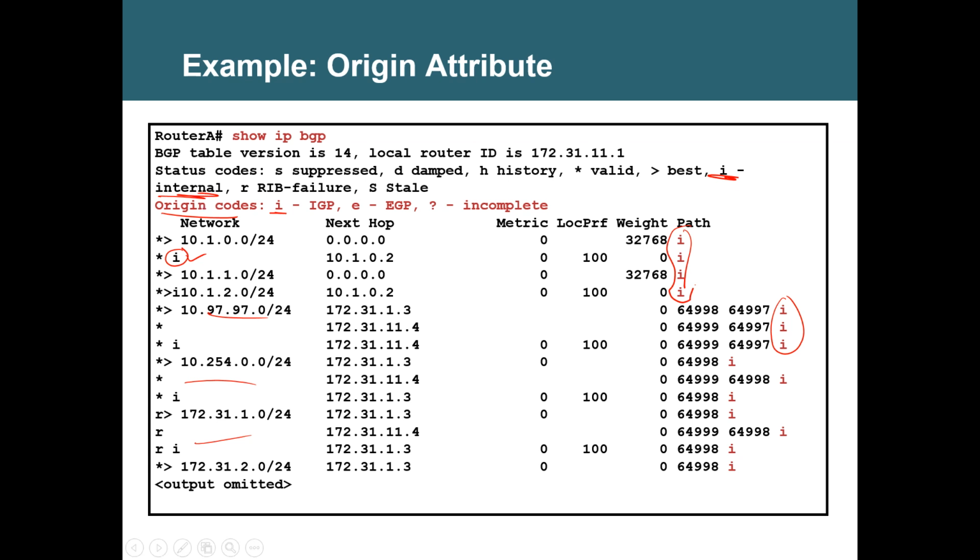We have 26 alphabets. They could have used something else. I don't know why they confused it like this. Two I's. One is origin code I, another one is local to the same autonomous system. This network is within the same autonomous system, not coming from somewhere outside. This I means from the same autonomous system.